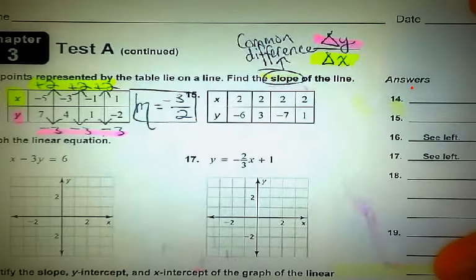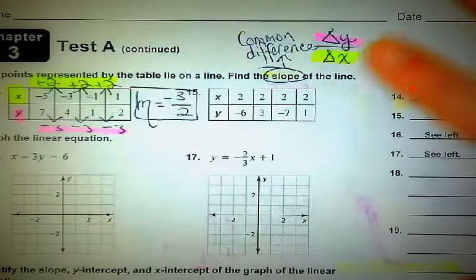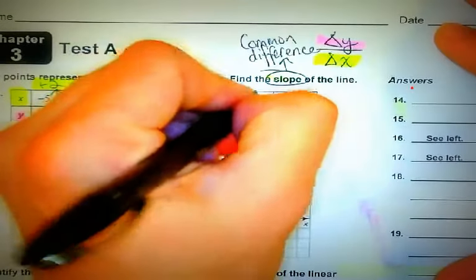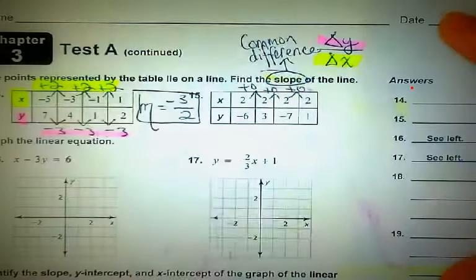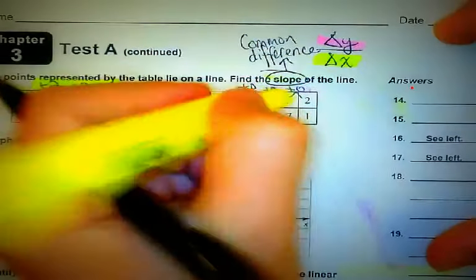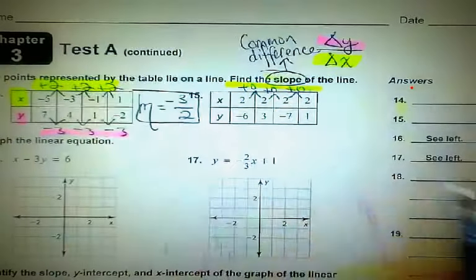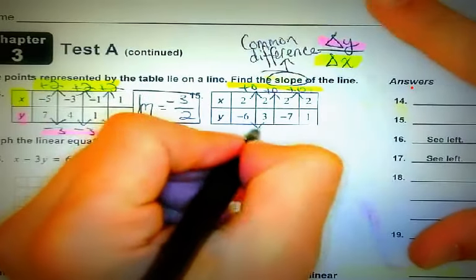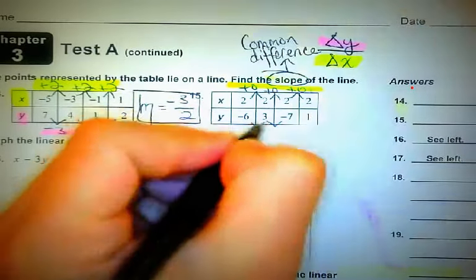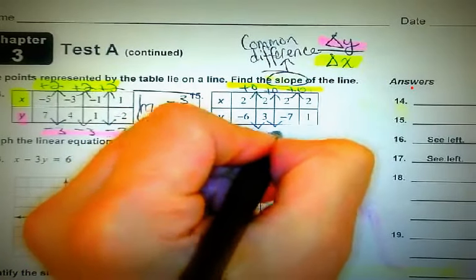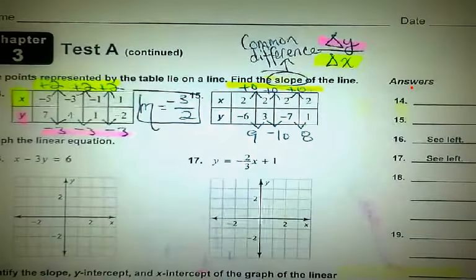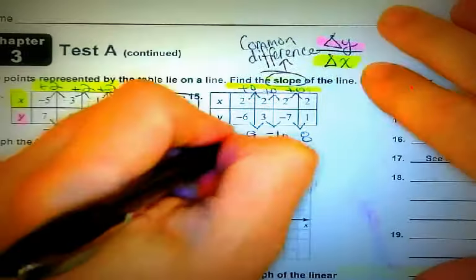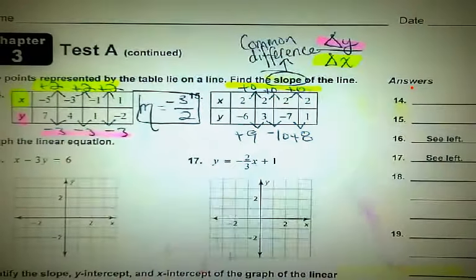Alrighty, let's work on our slope here. We have 0, 0, and 0. And then on the bottom, we've got 9, negative 10, and 8. All right, so because all of these are different,